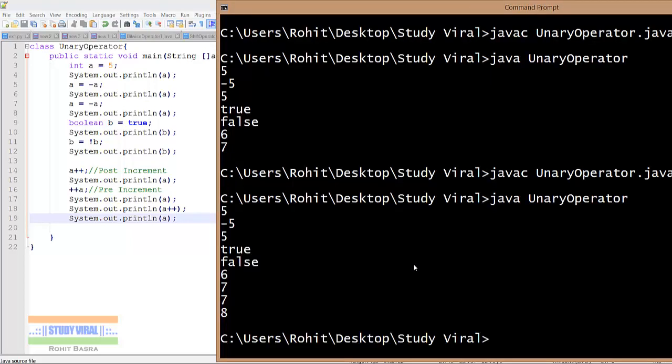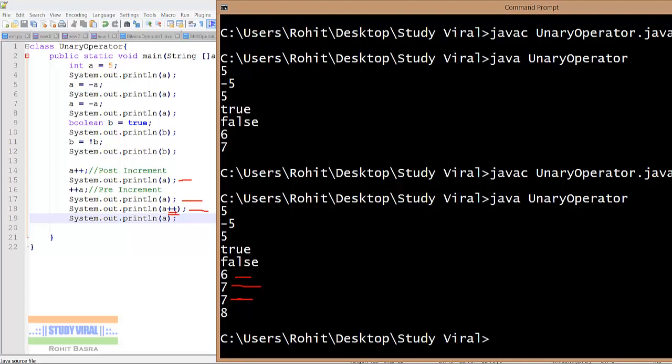Compile and execute. Now in this case, as we got from line number 15, the value of this is 6. After that I again increment that value by pre-increment and I got value 7. But in this case I again do the increment, but my result is 7 due to post increment. In case I use post increment or decrement in System.out.println, then that